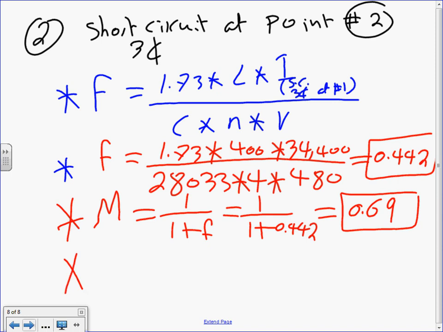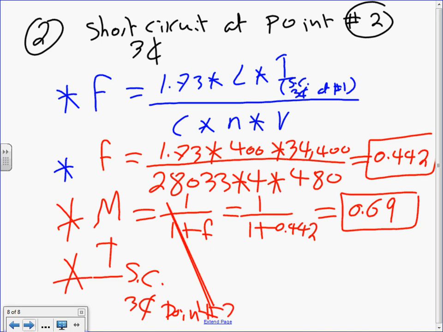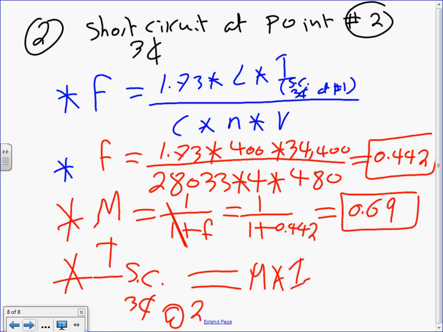Okay, the last thing we need to find is I short circuit 3 phase at what point? Point number 2. At 2. Gentlemen, this will be M times I short circuit at 1. That will get me, what's M? 0.69 times, or is it 34.4? 34.4